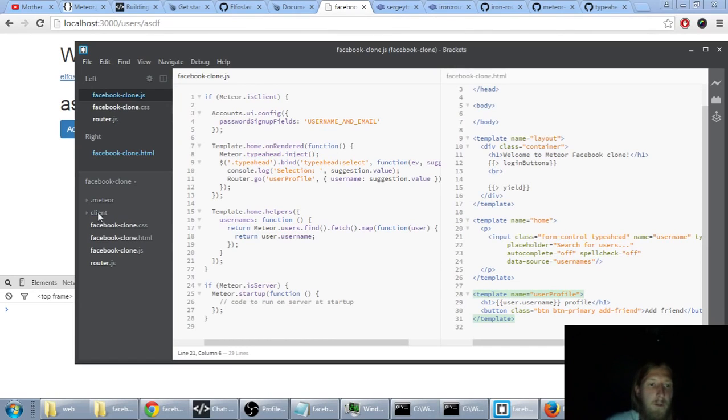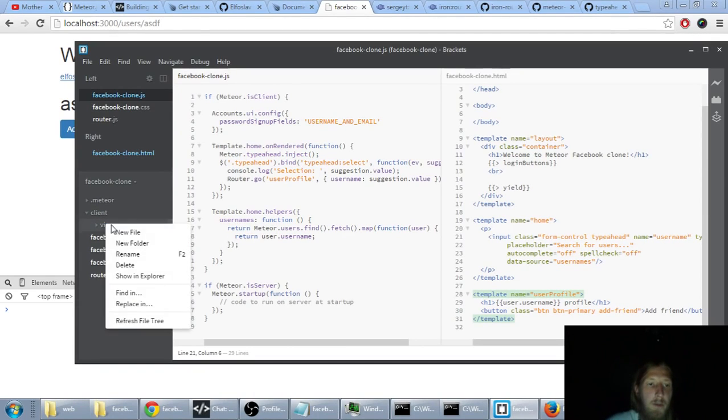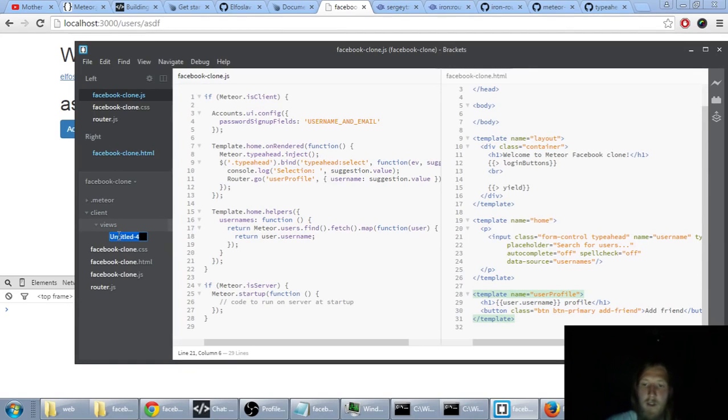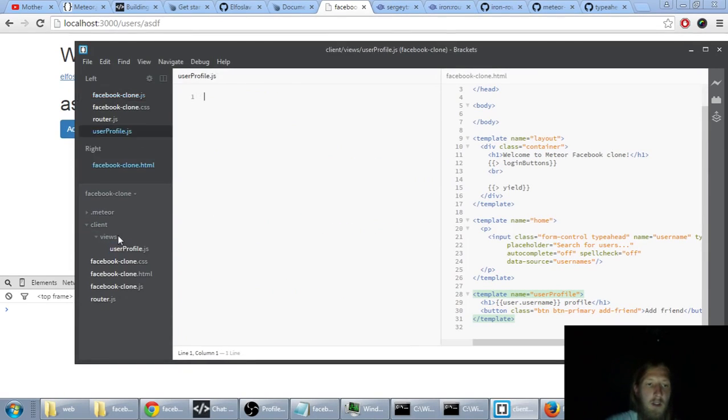There is a default folder client where I will create new folder views, and I will put like user profile JS, and here I can write template user profile event map,